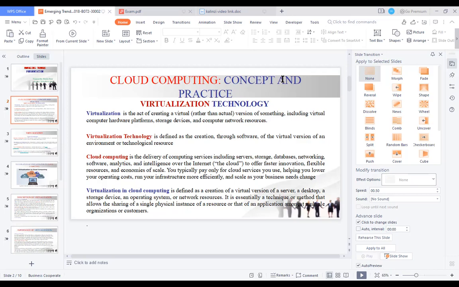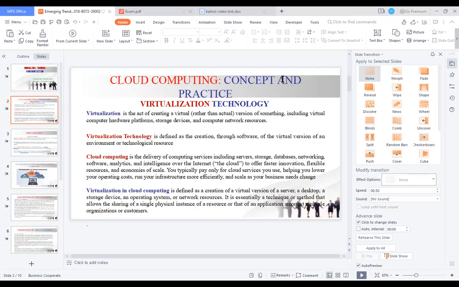And these programs are like application software; many apps are performed using this virtualization technology.